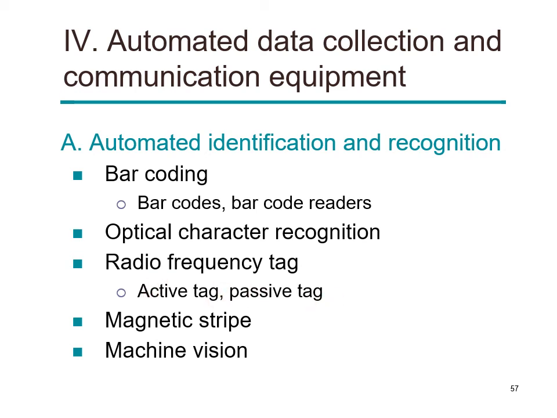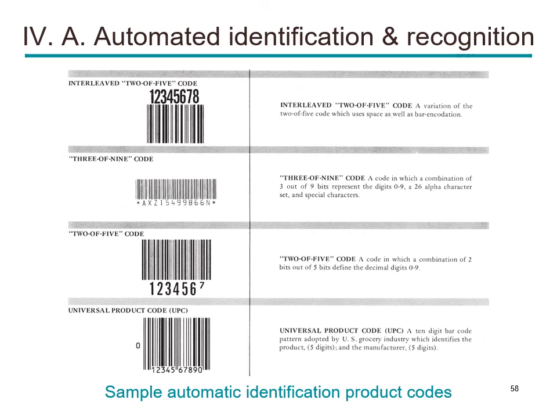In active case, it operates with a battery. In the passive case, it doesn't have a battery. It is just a label, and it just returns an answer to a signal. There can be magnetic strips, or we can use machine vision to collect data or identify the parts. Barcodes are widely used because they are cheaper. You just print a barcode, or as I said, now as the new technology, instead of these barcodes, we have